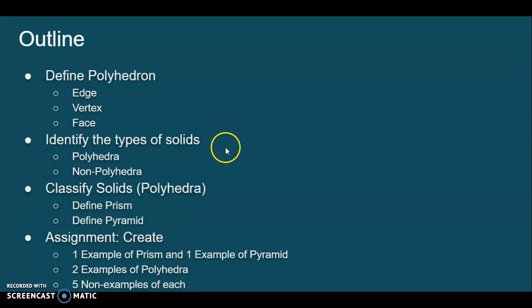After that, we will move on to identifying the type of solids. We will have polyhedra and non-polyhedra. So now that we have learned what polyhedron is, we can see the types of polyhedra that are there and the non-polyhedra. After that, we will learn to classify solids, specifically polyhedra. We're going to define prism and we're going to define pyramid. And these might be words that you have heard before, but today we're going to formally define them in the